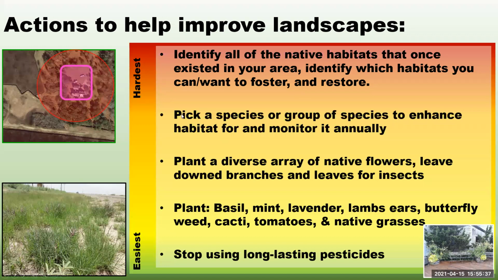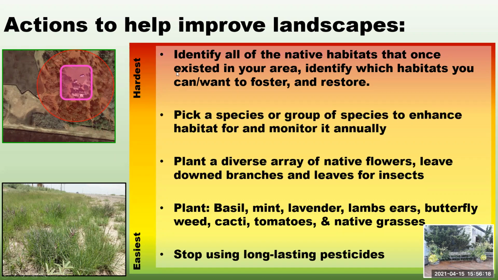A little bit harder is pick a species or groups of species of pollinators that you want to enhance habitat for, and then monitor it annually. Make sure that the things that are eating them or causing them to get sick aren't building up as well. And when those buildups do occur, you want to make sure that you take out the resources that those predators and parasitoids are utilizing, be it a nest box, be it the wide array of flowers. In many cases, simply cutting back your plants and preventing them from flowering will make your pollinators find new habitat somewhere else. And the following year, you can let them all grow back